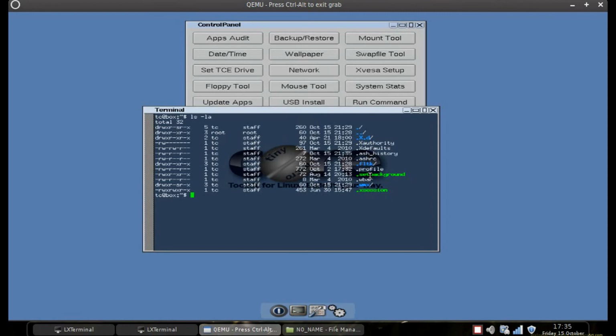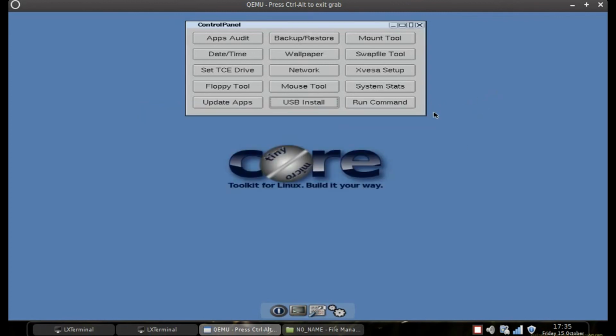I like that feature. Other than that, overall, I give this a 9 out of 10. For 10 megabytes and a GUI, I wouldn't expect anything less. I really enjoy this operating system. It's very cool to see what someone can do